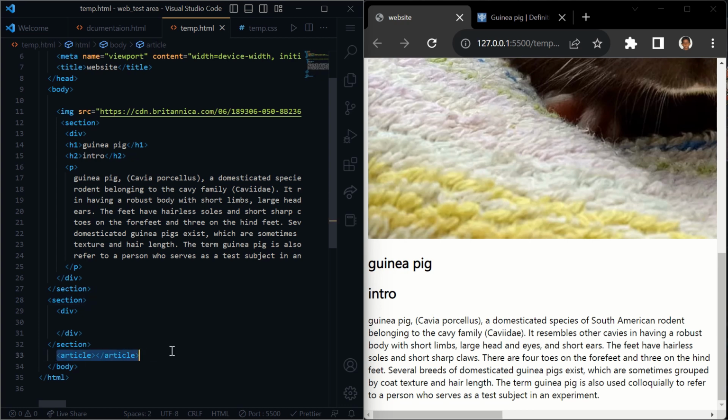And now what is the article? So basically you can know from its name what it wants to say. When you are writing an article, it contains different sections, different headings and all. So I can put all the data inside the article. But here I am going to cover different animals, so I'm not doing that. You can do that, not a big deal, but you should know basically these two, section and div,